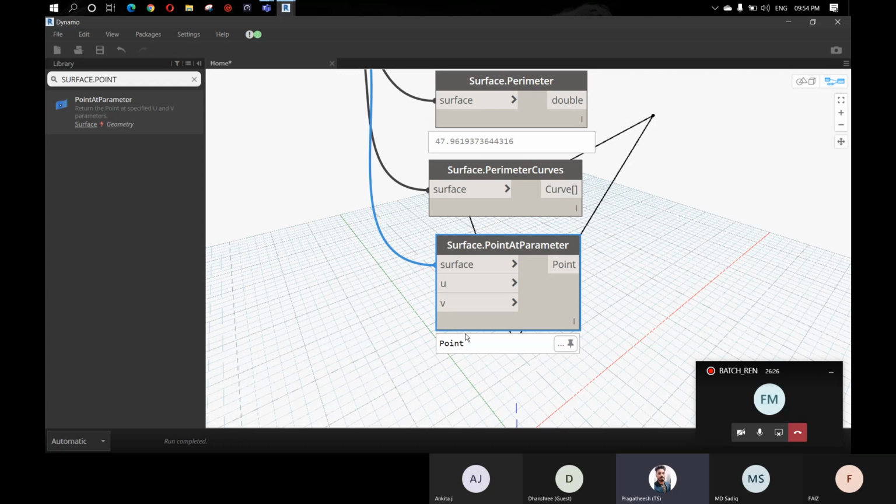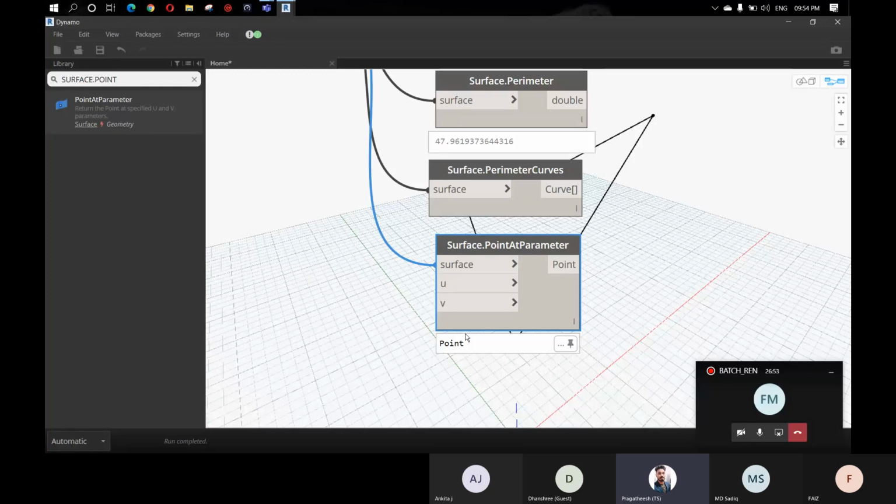So when we use the XYZ coordinates, we are referring to the global XYZ coordinates. Those axes apply to all the elements in the scene or a project. But think of the U, V, and W axes of this node as the X, Y, and Z coordinates, but that apply only to this surface. Okay, so U and V coordinates don't align with the global coordinates X and Y.